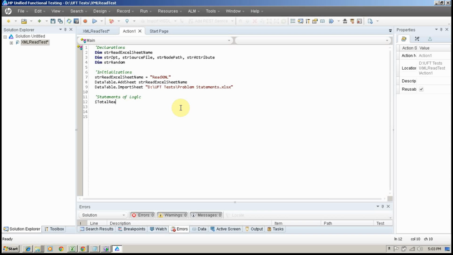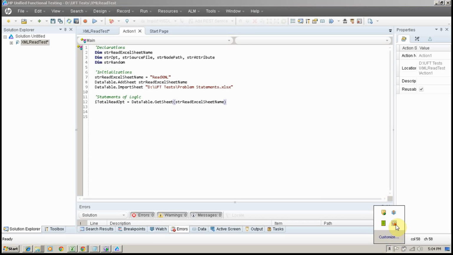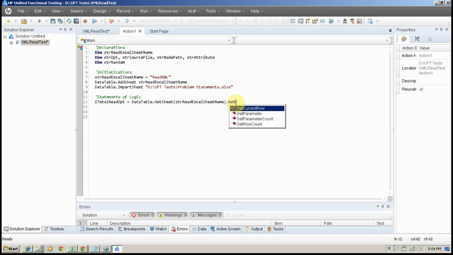Total read opt is equal to data table dot get sheet dot get row count,